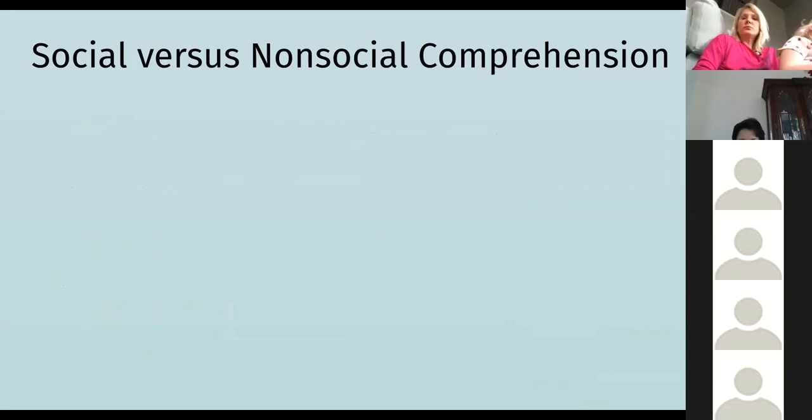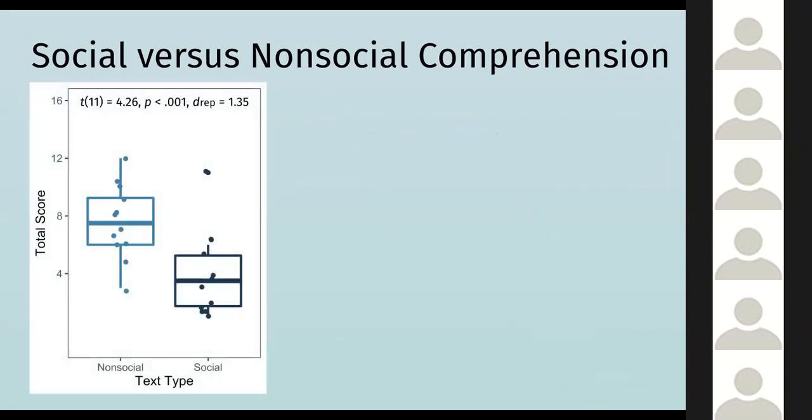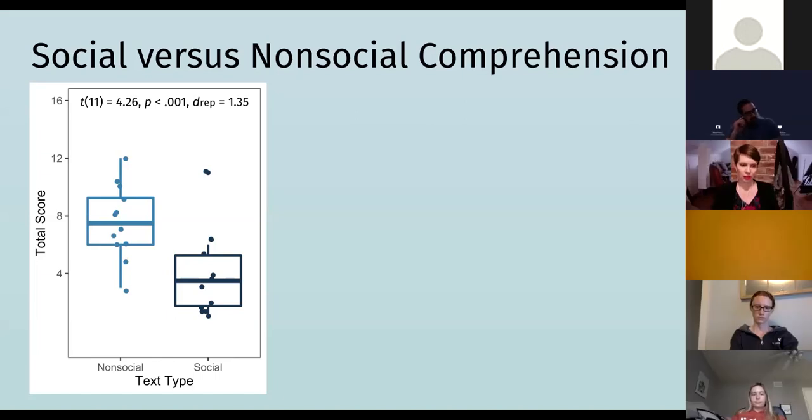So we compared social versus non-social text comprehension, and we found a significant and large effect where these adolescents with ASD were overall comprehending the non-social text better than they were the social text. I will note that comprehension is still pretty poor overall, and that our total possible score is 16, and they're still, even in the non-social text, at about 8, but we do see this difference between text type. And then looking at the correlations,